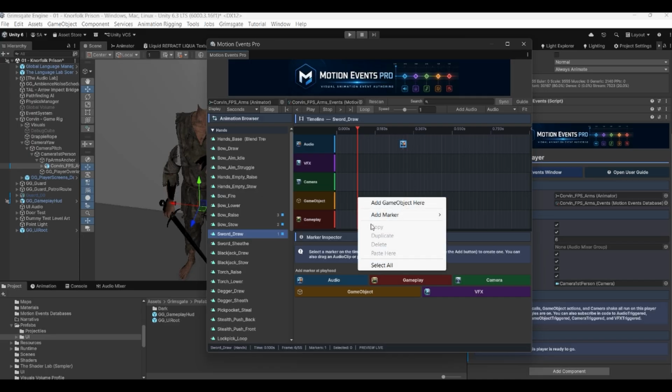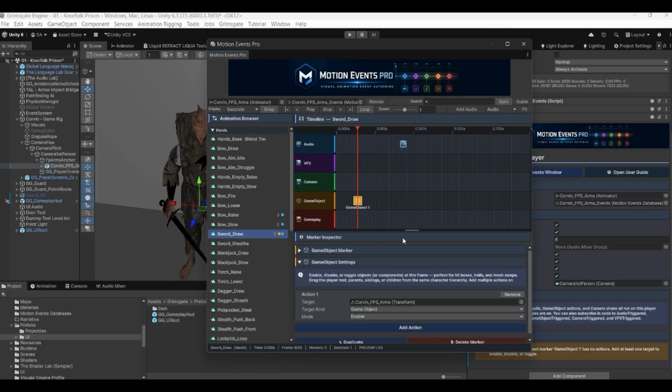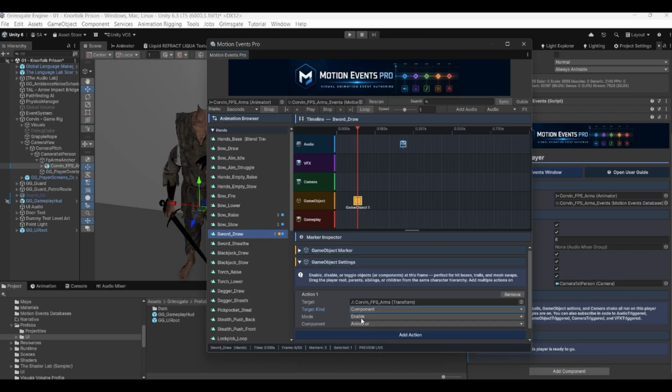Let's look at the game object component by adding one here. This is great for setting up and enabling hitboxes. So for example, if I have a sword swing and I want to enable the hitbox at a certain point in the animation and disable it at a certain point in the animation, where in that window it will be the only time that you will be able to inflict damage on your enemies, then you can do that here by simply choosing a component and then